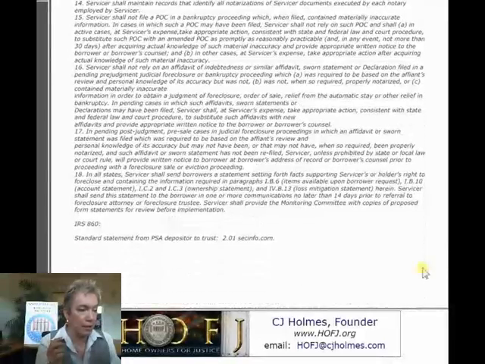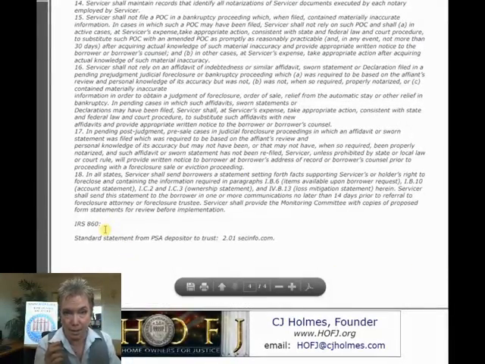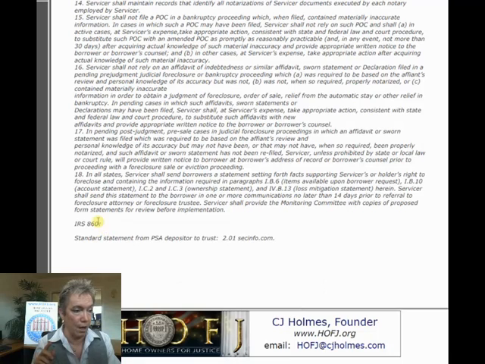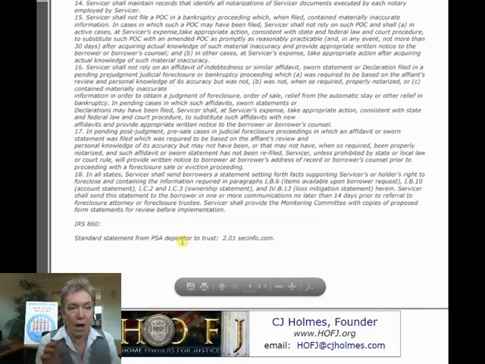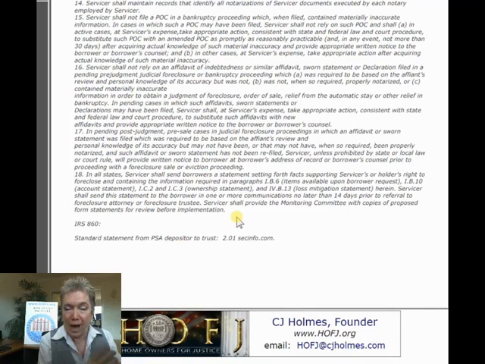Now, down at the end of this, I've got IRS 860, because that has to do with the cutoff dates and assigning the notes, and the standard statement from the PSA. I don't have that yet. I want to include that. This is a draft. That's why I've called it a draft, and I want to show you how it looks when you fill out one based on the documents.